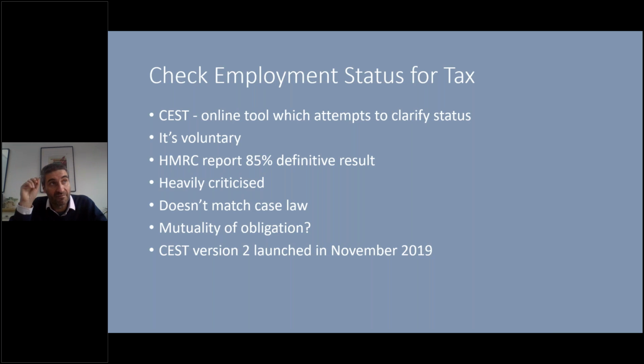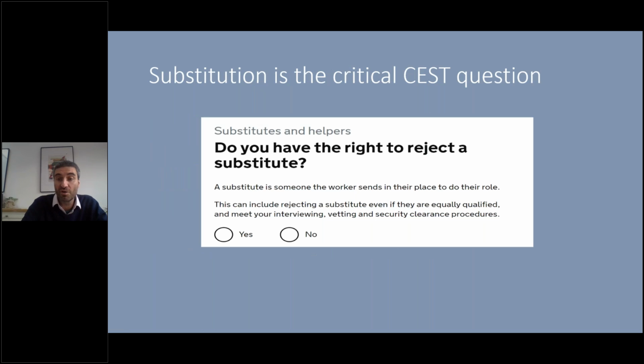I'm speaking at an event this afternoon that Grant Thornton have organised. There's going to be about 400 or 500 clients there, I think, all different kinds of clients. And I'm going to be saying exactly this to them: the CEST tool, contractors don't believe in it, experts don't believe in it. It's not the way to do your assessments. So I'm trying to get clients to understand that this tool is no good. And the reason why I don't like it is because I think it's basically biased. I think that either you're going to get a determination which says that you can't tell, or you're going to get a determination which says you're inside IR35.